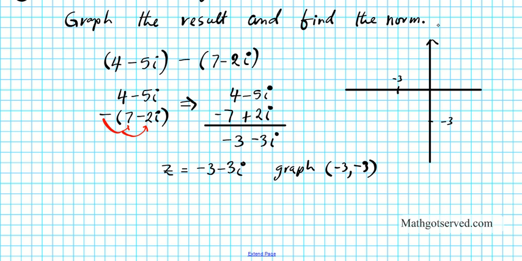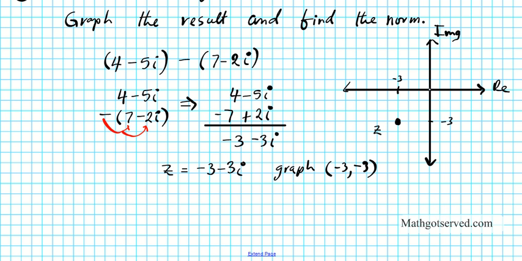Okay, let's label our axis. This is the imaginary axis, IMG, and this is your real axis, RE. Don't forget, this is the real part right here, and this is the imaginary part. The one that comes first is real and then imaginary. Your point Z is going to be right there, down. Next thing we're asked to find is the